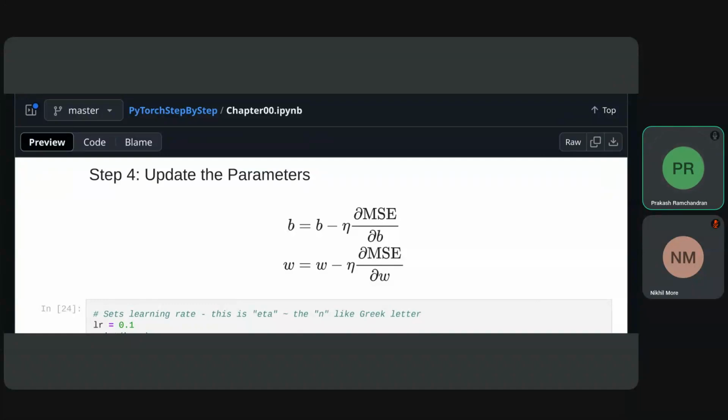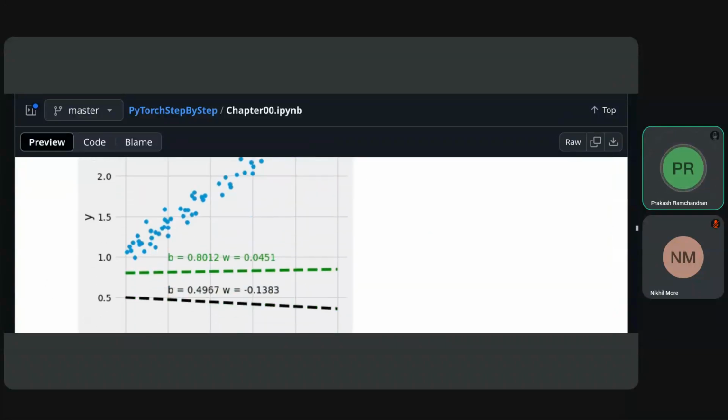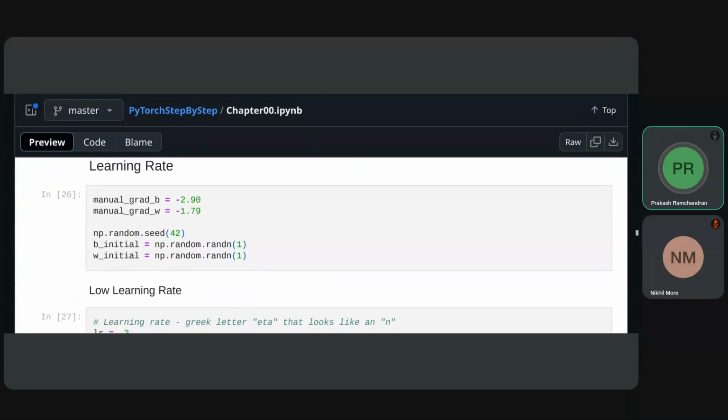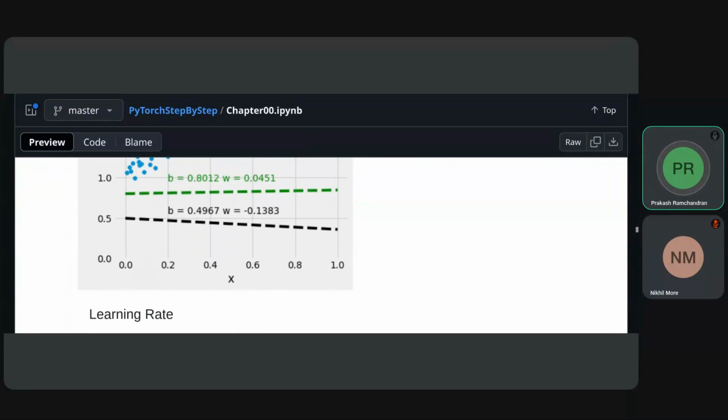So b is nothing but a bias. Your bias and weight, you are differentiating with respect to the mean square error and trying to get the gradient. And so this is the step-by-step input, and finally, what is the learning rate? If you take a bigger step, then it overshoots. So it may just fluctuate or oscillate, because when you have a